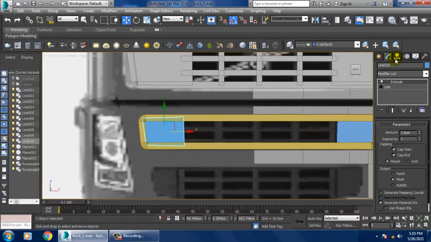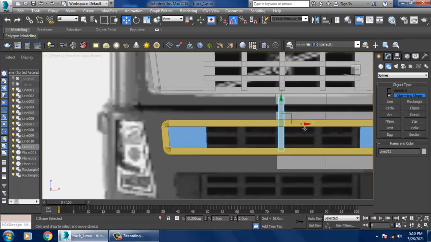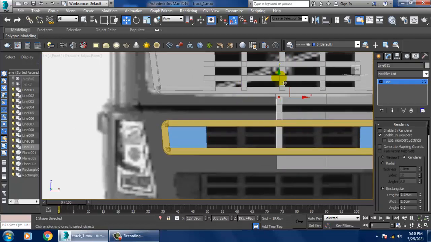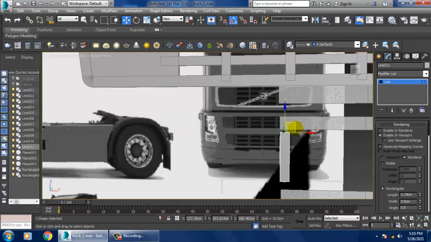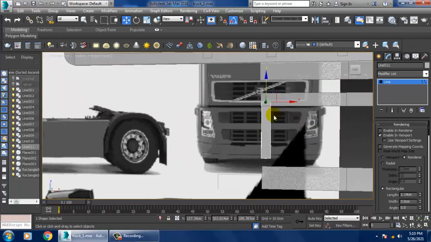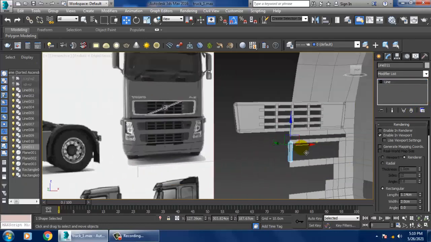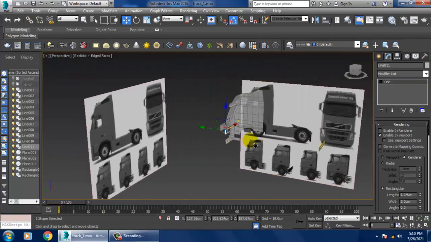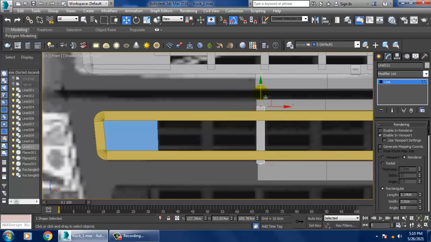The same way I'm going to utilize this over here, go into the vertices, slightly just push this up, push this down, so just adjust it.